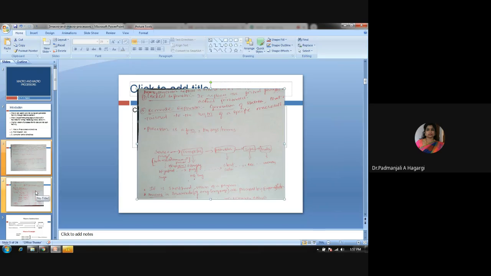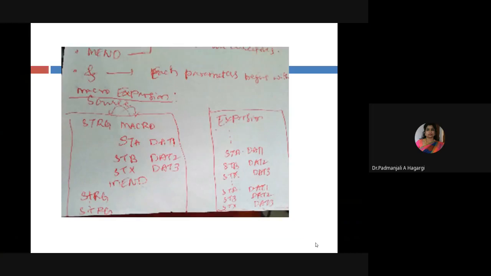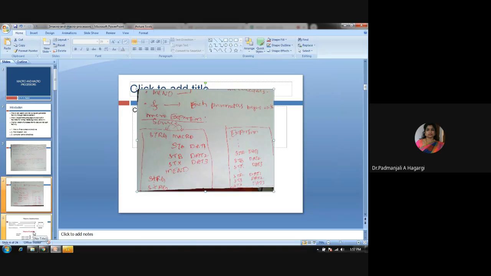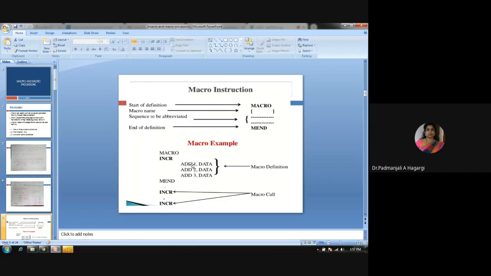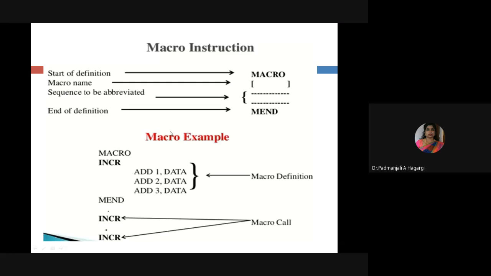Now, very next, what does a macro look like? A macro looks something like this. Sorry, I have written the macro word wrong here. Here is the macro name. So I'll go with the syntax of the last. This is the bookish example. So as per this, you can clearly understand how a macro instruction is written.